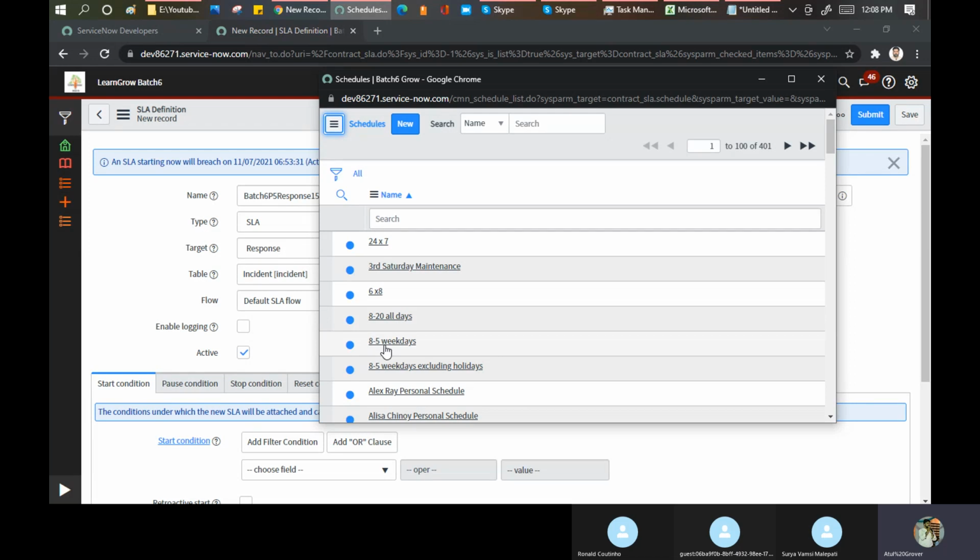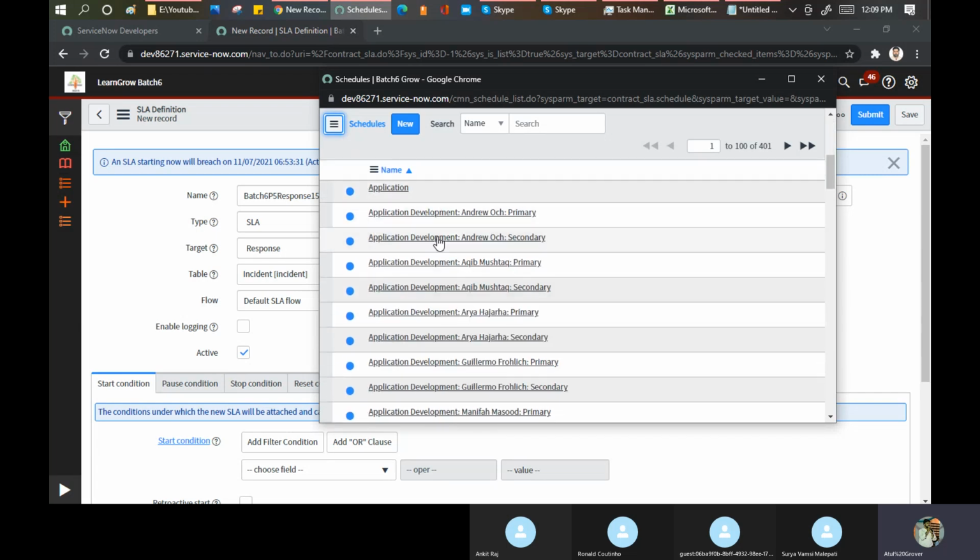Like someone asks, okay Ankit, in which shift do you work? I work in the UK shift. It means that is a schedule for you. Someone asks me, Atul, in which shift do you work? I work 9 to 5, or 8 to 5. This is my schedule. Someone working in the EST time zone says, I'm working in the US time zone. So you can create your own schedule as well.